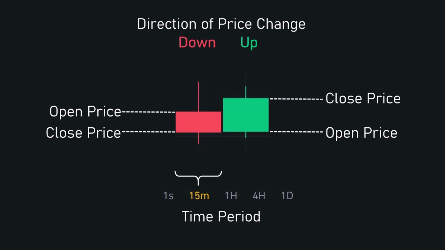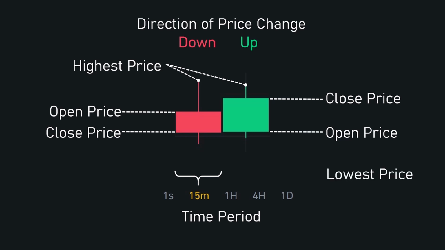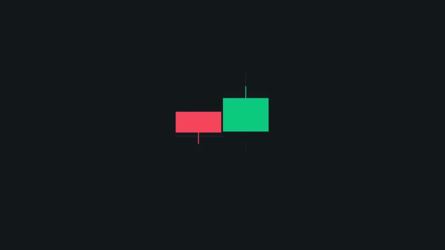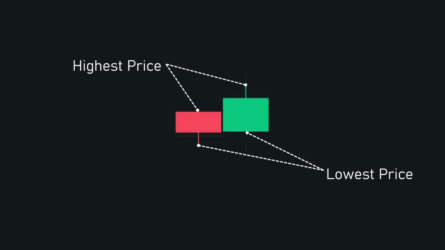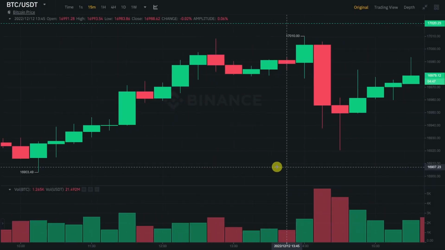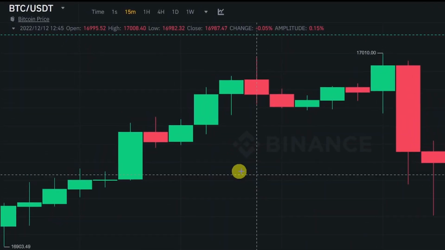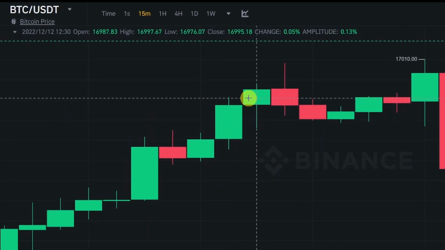Finally, we have the candle wicks. The top one always tells you the maximum price achieved at any point within the given time period, and the bottom one tells you the lowest price achieved. If there is no wick, it means that that side of the candle body was itself the maximum or the minimum respectively. When you hover the mouse over a candlestick, every aspect of the candle that I've mentioned so far